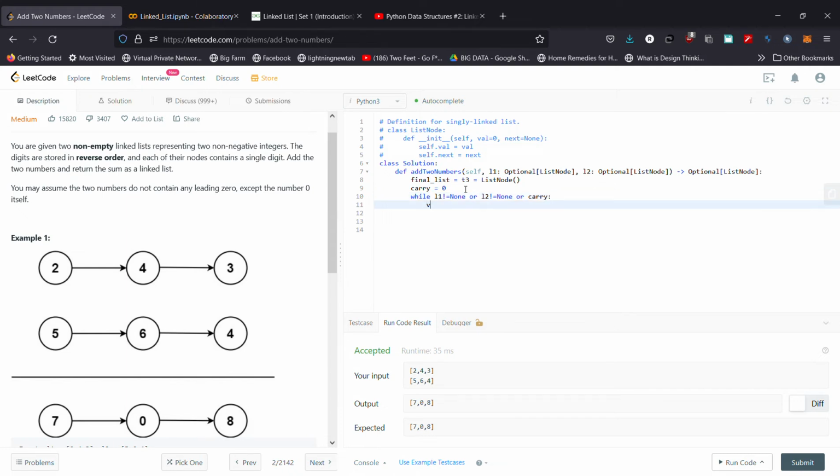So we would take v1 and v2 as two variables to store the value of a current list element that we would be using. So what L1 would do, it would basically check if L1 still has any values left in it to be traversed, and it would put the value in v1 and it would go to the next element. Similarly for L2,